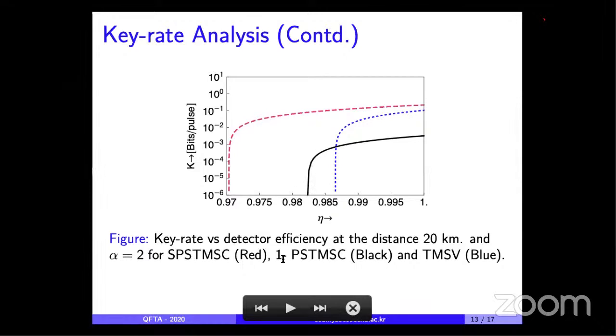Black line is for the photon subtracted case and red line is for the stochastic photon subtraction case. One can see that for Gaussian it's about 0.985. With single photon subtraction, we could make it a little more robust. But with the stochastic photon subtraction, we can push the boundary a little bit farther,